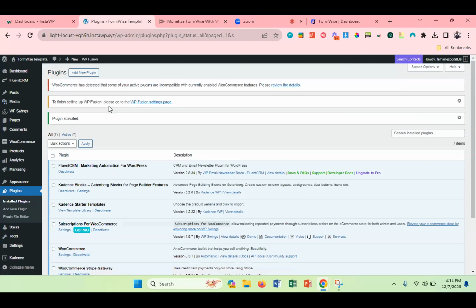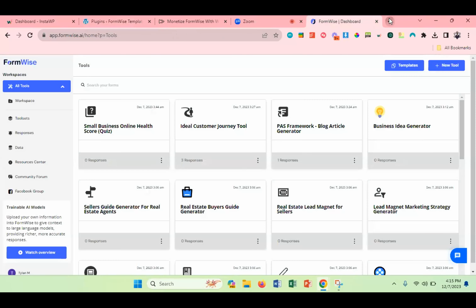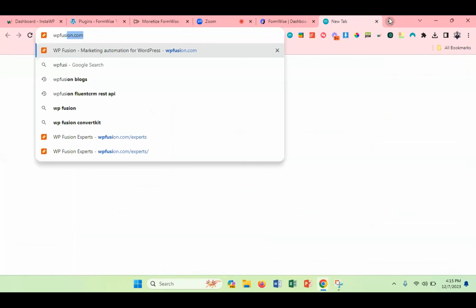Once you activate this, we're going to see 2 things pop up. This WooCommerce notice says that some of your active plugins are incompatible. Literally, do not worry about this and ignore this. WooCommerce is going through a big update, and this has nothing to do with you if you happen to see this, whether you're following this tutorial or if you're in WordPress. You're also going to see this next one pop up that says, to finish setting up WP Fusion, please go to the settings page. Really quick, before I get into that, I'm going to just go to WP Fusion